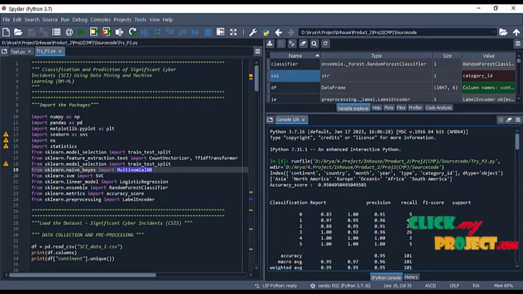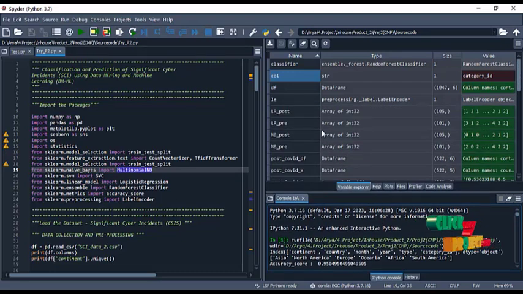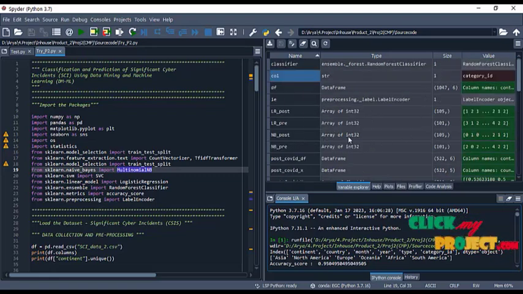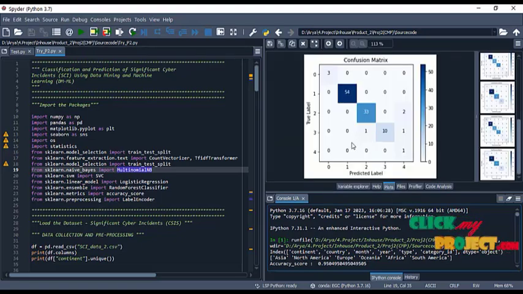So this is the overall work, and here we display the variable explorer, where we store the particular values, and then plot images. Based on our results, we have